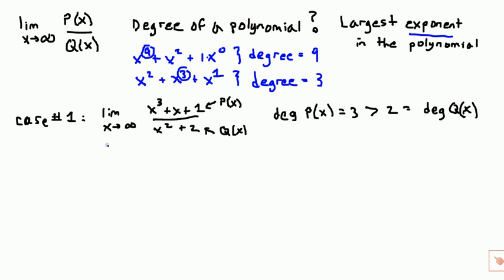So the limit as x approaches infinity of x cubed plus x plus 1 over x squared plus 2 is going to equal infinity. And this happened because the degree of the numerator was greater than the degree of the denominator. And that's going to be case number 1. Case number 2,